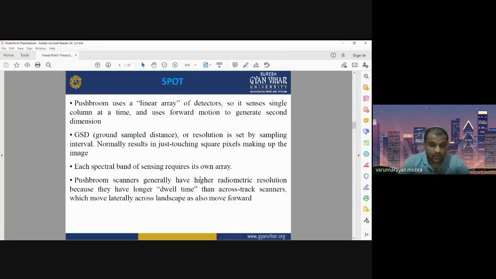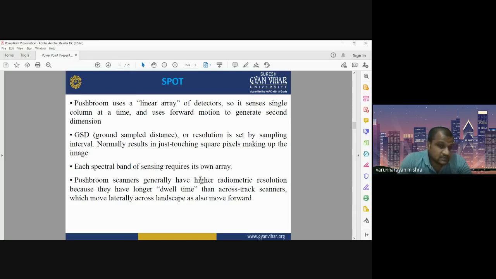So depending on the spectral bands, suppose a satellite is designed to capture the data in 4 bands, blue, green, red, and IR, it will have 4 detectors, one for each wavelength interval. It senses a single column at a time, and it uses the forward motion to generate the second dimension.